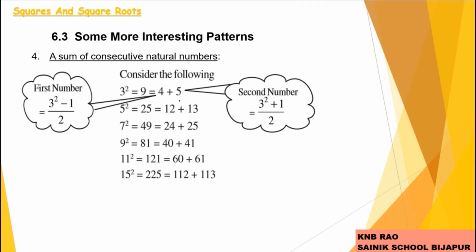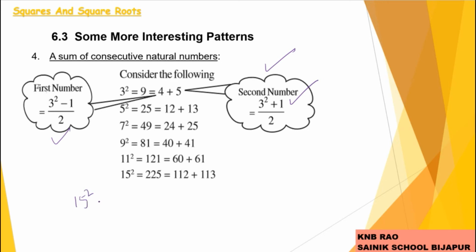So, can I identify who those two consecutive natural numbers are, which when added give us a perfect square? This is the question that comes. In the case of 3 square, they gave it already. (3 square minus 1)/2 is the first fellow. (3 square plus 1)/2 is the second fellow. In the case of the last, we shall do